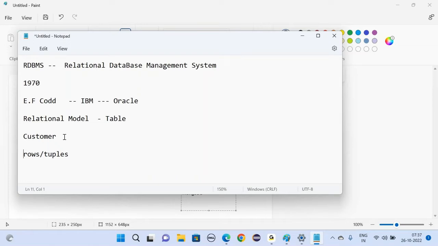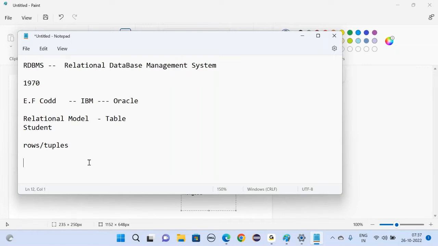Each row should not be duplicated. Suppose you take a student table. We can't store one student name two times. Suppose you stored one student's details, like Suresh,